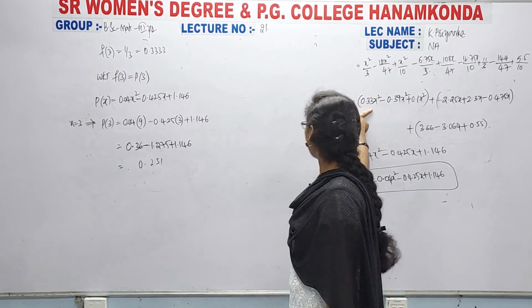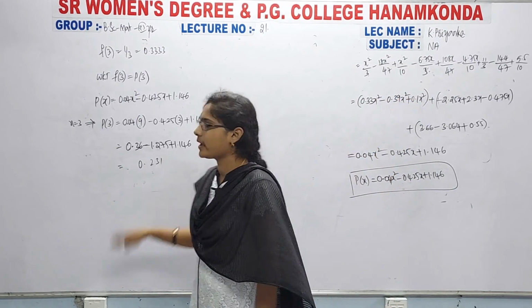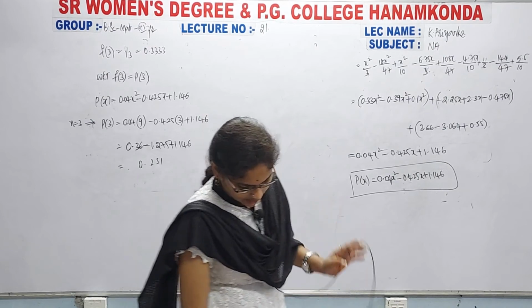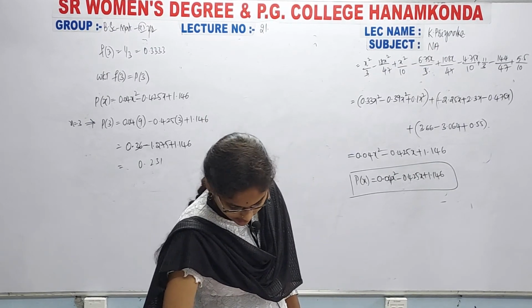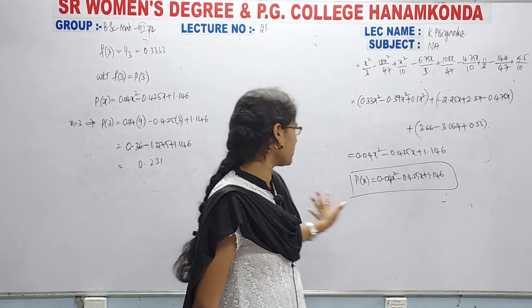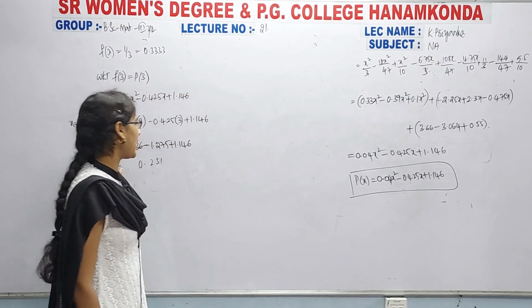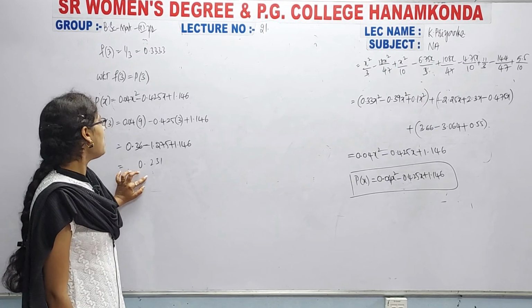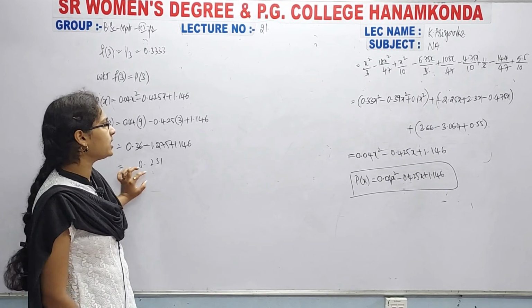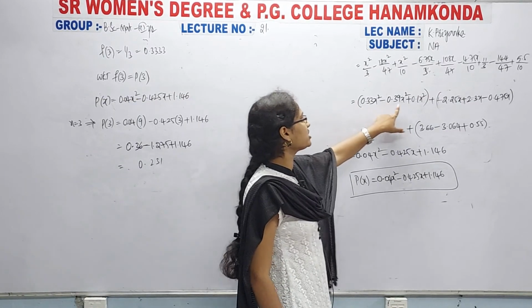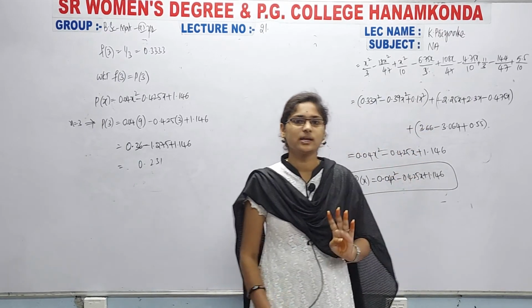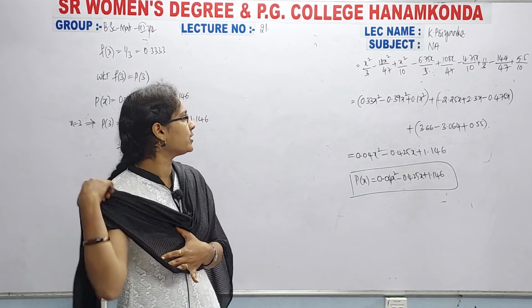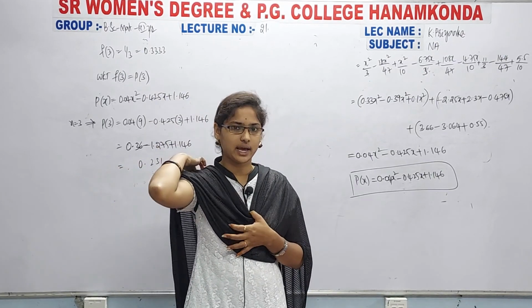If you want, otherwise take at least 4 decimals and calculate this one. This is nothing but the application, and in the next class, don't worry, I will discuss another problem also. This is the procedure, that's it. By using the polynomial we have to calculate. But my doubt is that I took just 2 decimals, so it is better to take 4 decimals. For each and every problem it is better to take 4 decimals, then you will get the exact value.